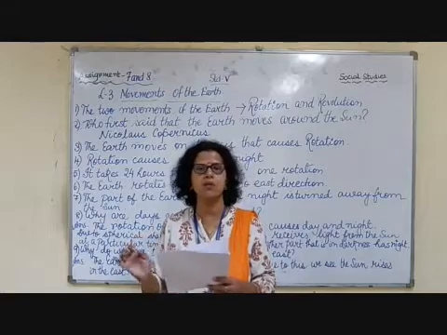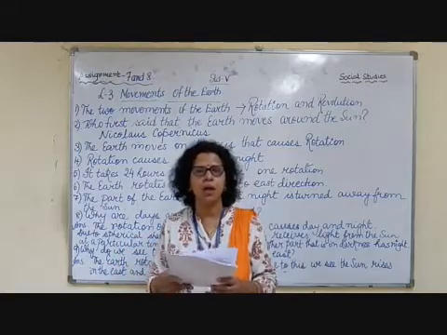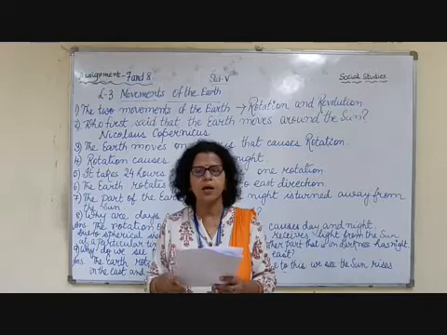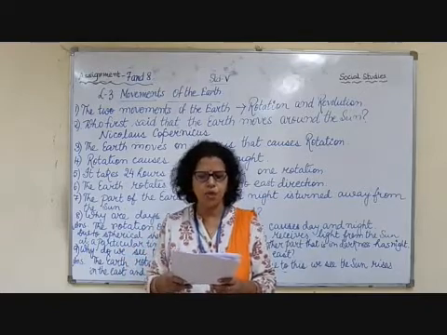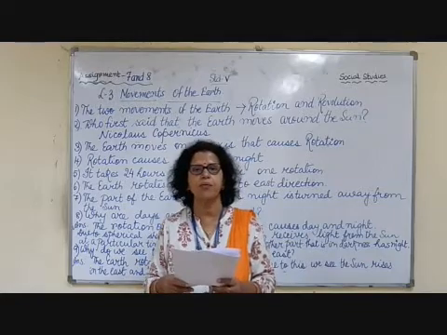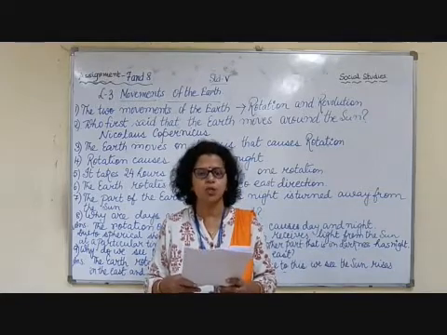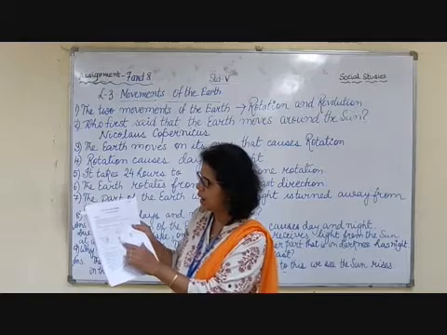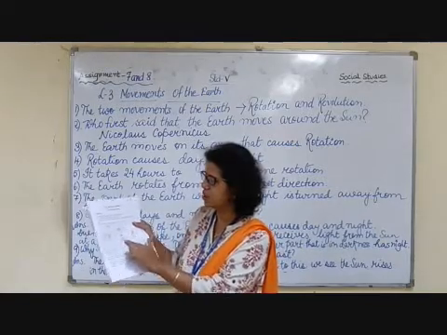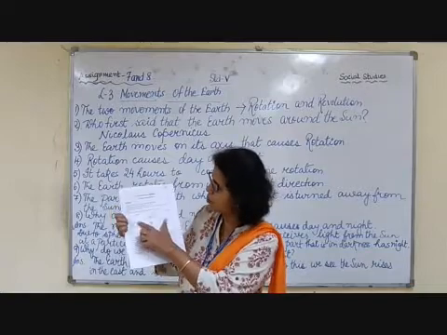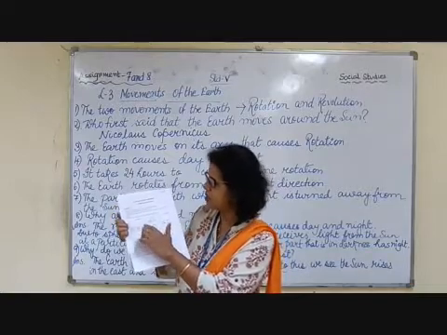Children, all these things are very, very important lines. Learn them and practice writing them in your notebooks. One revolution takes 365 and 1/4 days, which is equal to 1 year. This is the diagram of revolution of the earth. You can see the earth is moving in an elliptical orbit, the path, and these are the different positions.